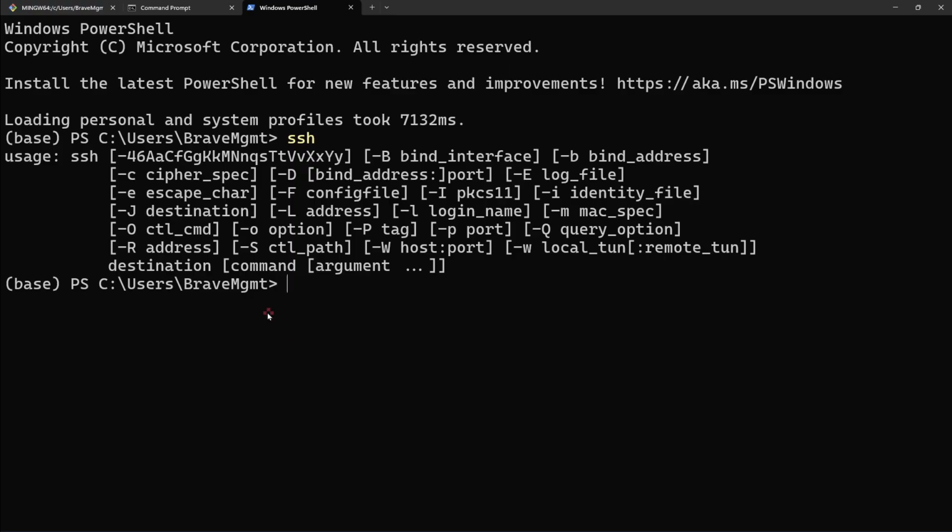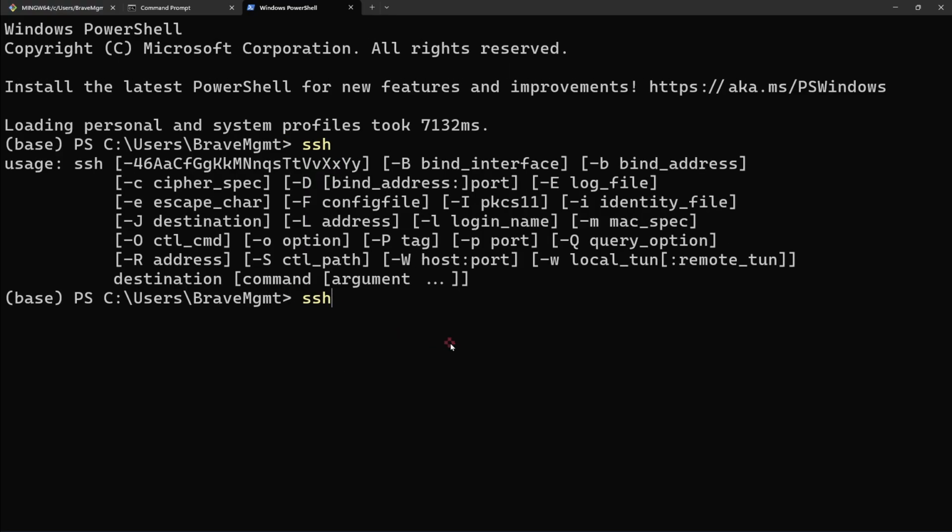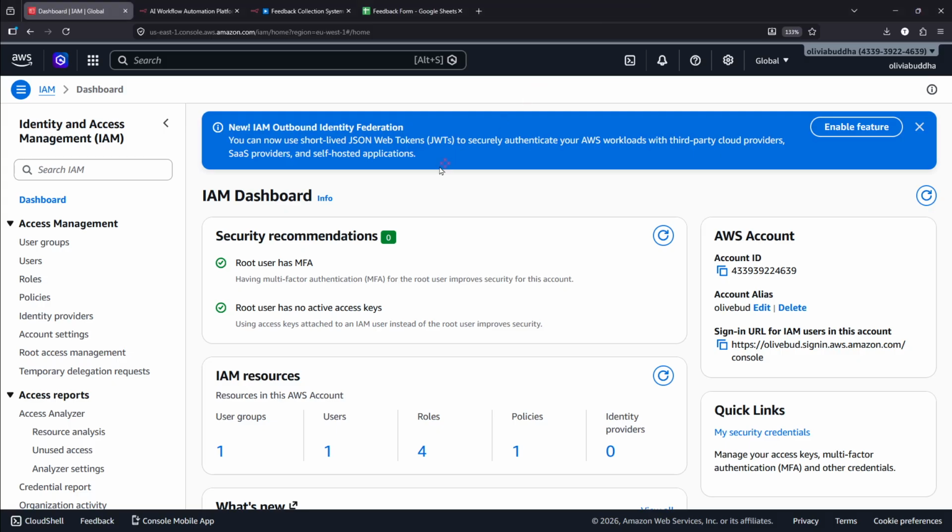So back to what we type. What you want to do now is type SSH, then -i. This -i actually means identity. Then a space. Then, if you remember, we downloaded something when we were working on